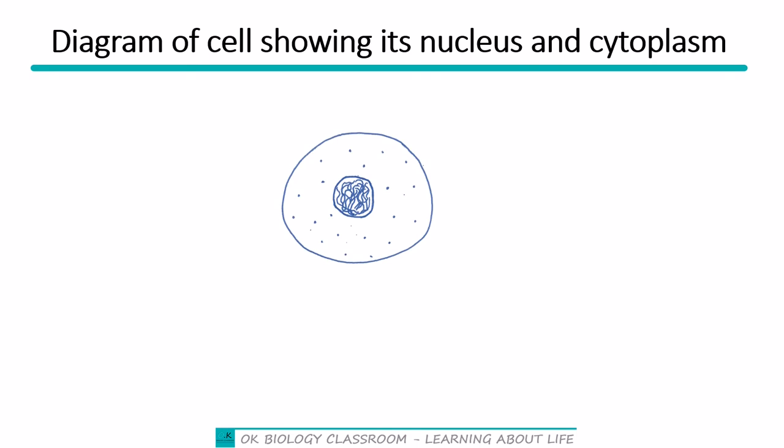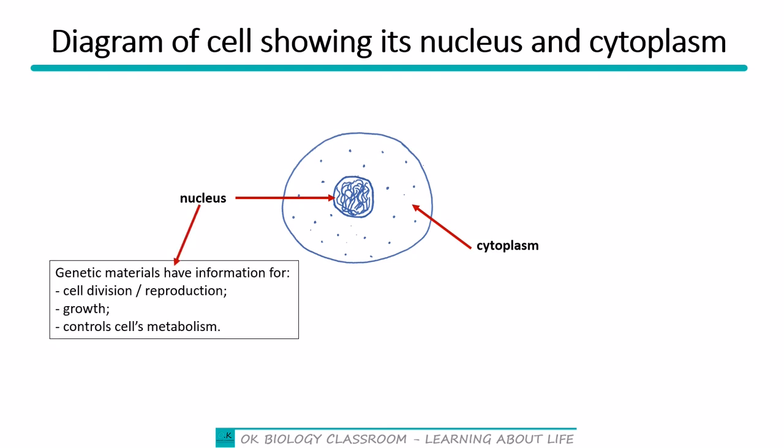I have this image showing a cell, a eukaryotic cell, and it's showing two main parts, the nucleus and then the cytoplasm. And these are what I'm going to use to explain the DNA and RNA briefly. Already I've said that the nucleus is responsible for cell division or reproduction and growth, and that it controls generally the activities of the cell. Right. Now the fact is that within the nucleus, there are these materials we call the genetic materials. These genetic materials are in the form of DNA,